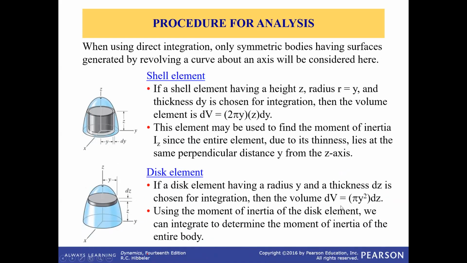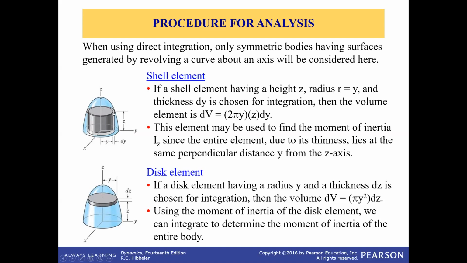Sometimes you have a rigid body with different shapes. So then usually you'll take different differential elements. For example, you can take a shell element. If you have a cylinder, then you can take a shell element, and take the thickness of this shell as d, in this case dy, or dr. If you take r, then you take a circular shape at the bottom here, and then you have a shell here, so X and Y is the same as R, so either way.